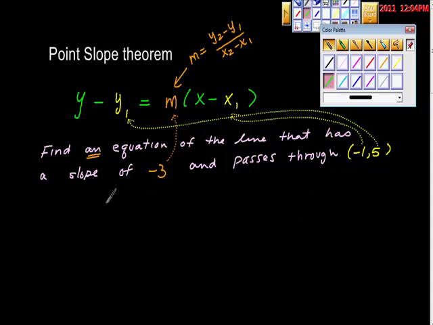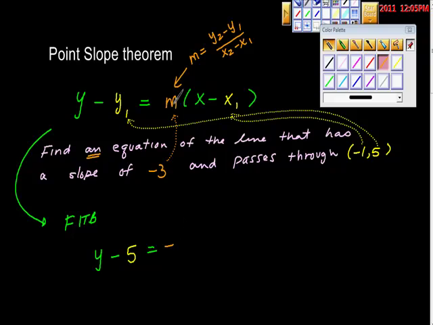So let's try to write this out. I'm just going to use FITBA, fill in the blanks, right? So I'm just going to recopy this: y minus, well, what is y sub 1? I go back here and say y sub 1 is this point that I was given, and the y value is 5, is equal to, and it says here to fill in the slope value, and the slope value is -3, so that -3, this m is the slope, right? Times x